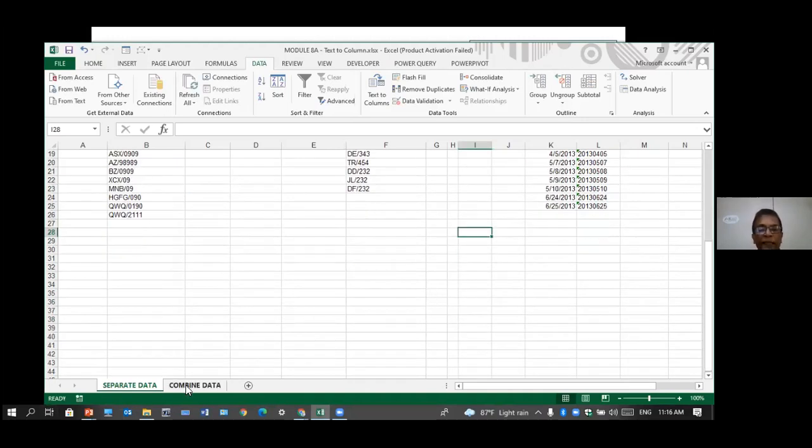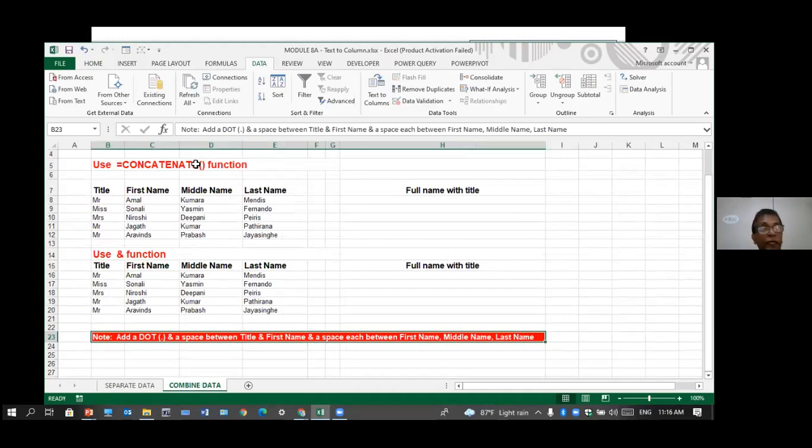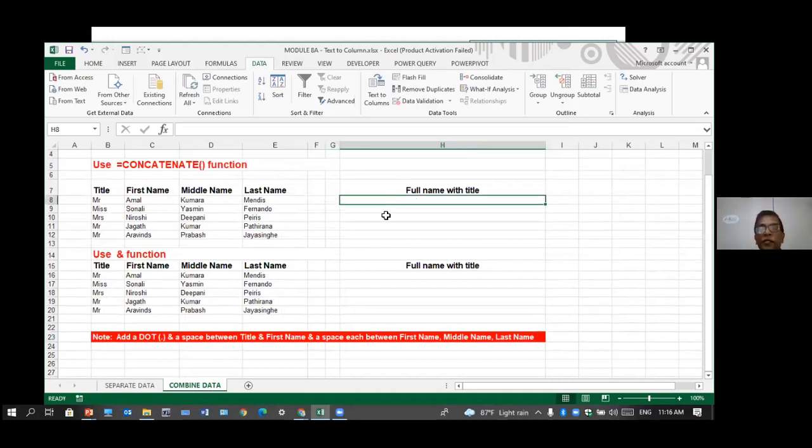Combining data, the opposite of that, can be done by using the CONCATENATE function or the ampersand. If you want this in one cell, you say equal CONCATENATE. Don't type the whole thing, just type con and double click on it. This one, comma, this one, comma, this one. But all will be together, and it doesn't look good.